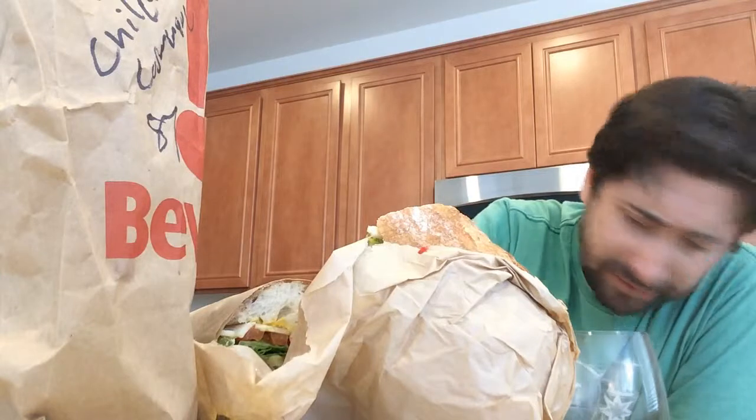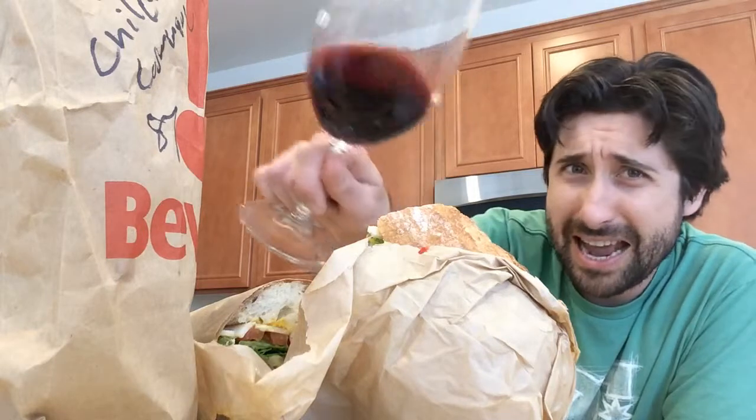So, as expected, I'm getting this nice tanginess from the pickles and the pepperoncinis. Good creaminess from that cheese, heartiness of the bread and the turkey, and really just a quality sandwich. So kudos to my local grocery store. And to pair that with this wine here,